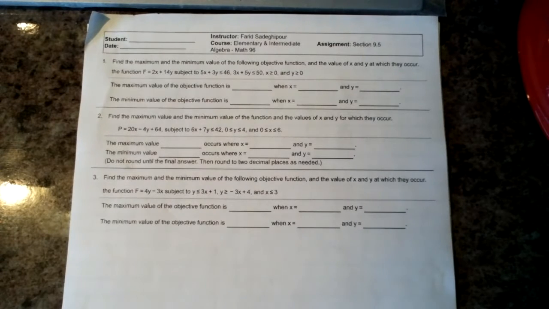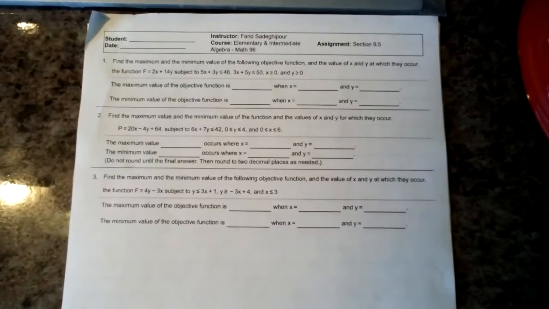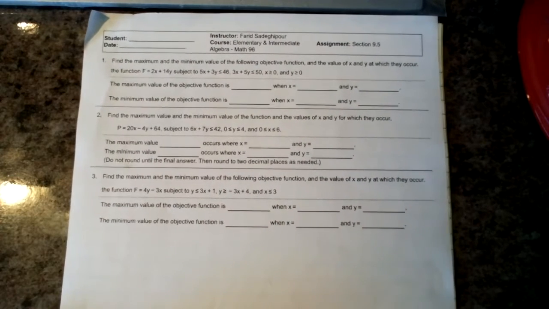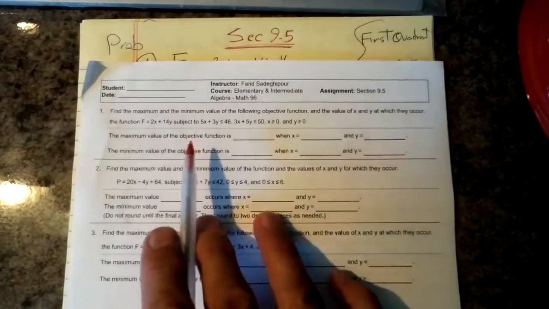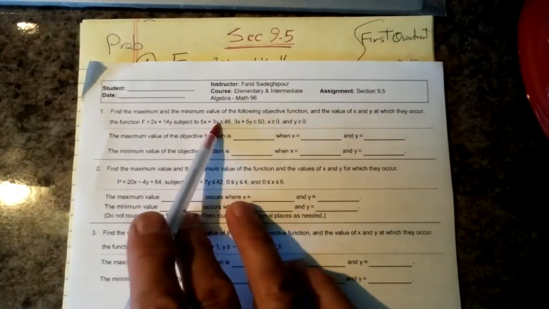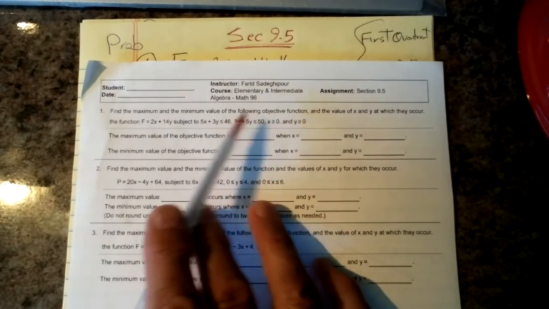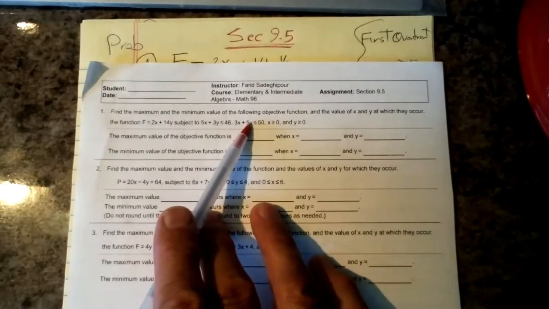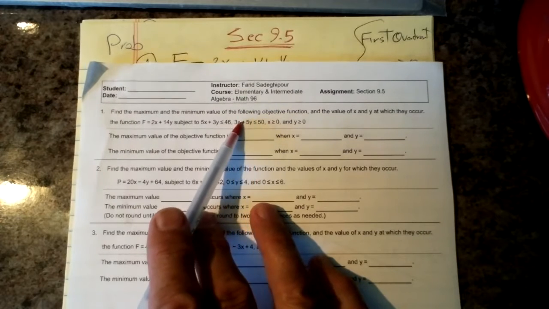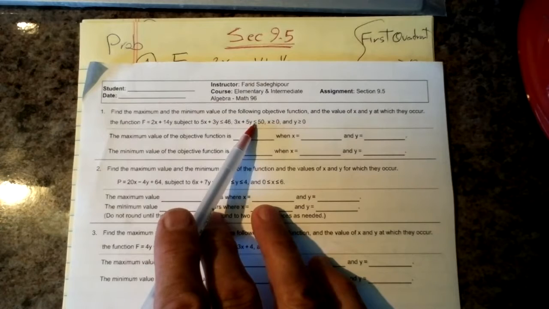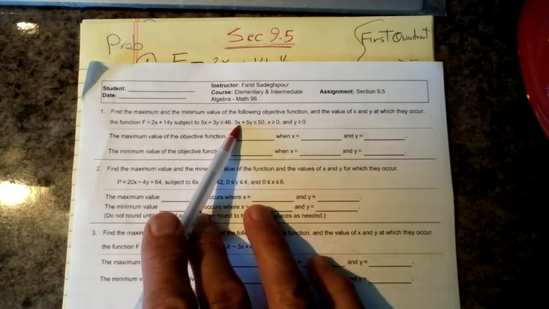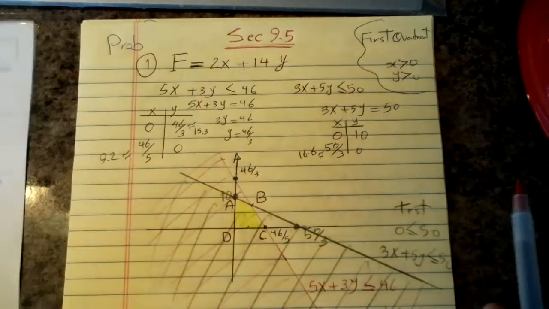Section 9.5, there are three problems here. Find the maximum and minimum value of the following objective functions. So we start with the first problem. What you have here are two inequalities with some conditions. First we need to graph these two inequalities, shade, and then find the common area of solutions. Then you read the coordinates of the corners of that area, and then plug them into this. Okay, so